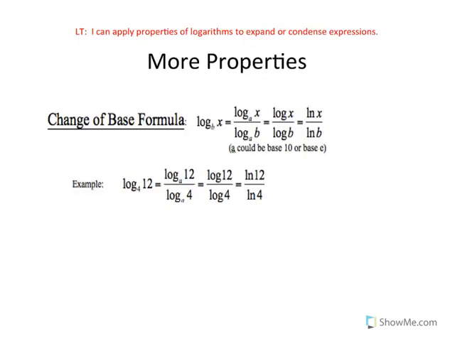The last property that we will take a look at before we just try some examples is something called the change of base formula. Okay? Now, because we are at the end of our semester, we cannot get into a lot of detail with this property, but for any that are maybe watching this outside of my class, we can go way more extensively using the change of base formula. My students are not allowed to use a calculator on this test, and so this is as far as we will take it, is the directions saying